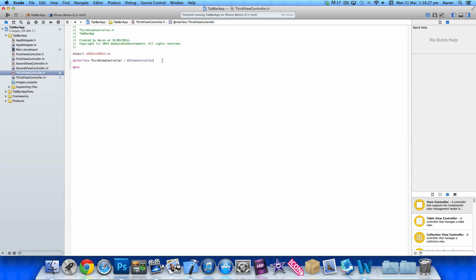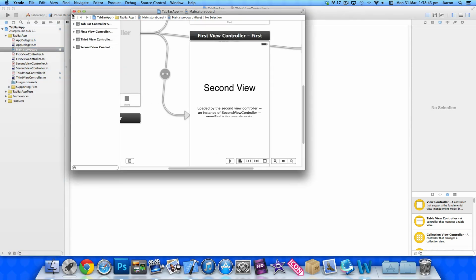And just to give you that example, I'll create a quick outlet of a UI label. So IBOutlet UILabel space asterisk, then we name it label. So if I just build the project there so it all links together. Now when I go to our main.storyboard,